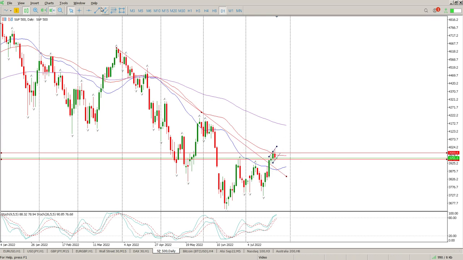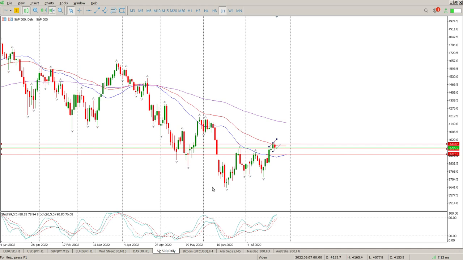But in order for this break to be validated, we obviously need a retest of structure. And I'm going to put that level in right over there. We'll get to the values now. Just delete that because that would be a retest of that break. If we look at the bigger picture here, I'm just going to make it messy, I'll clean it up now. But if you look at that,